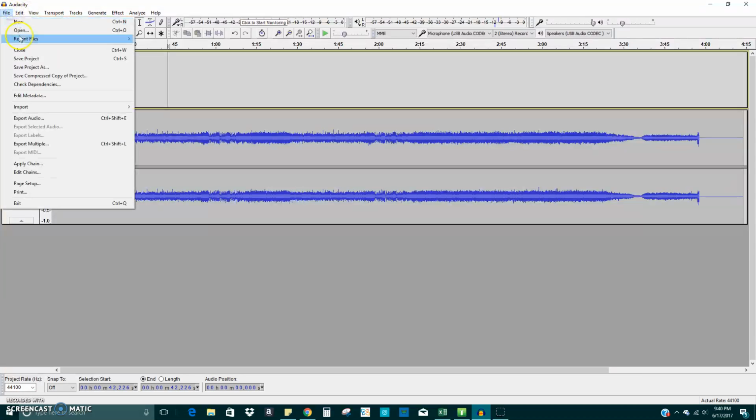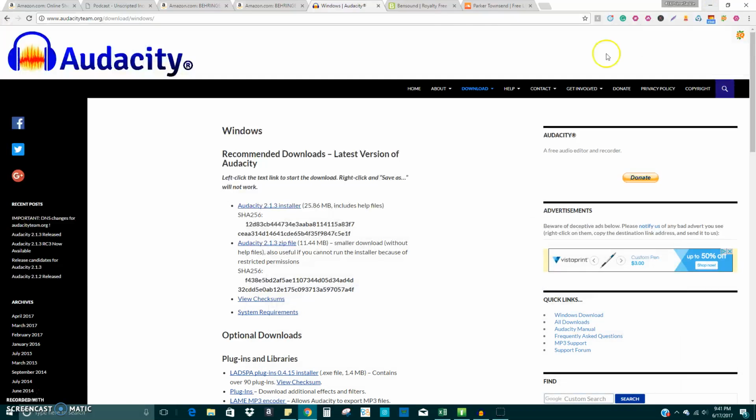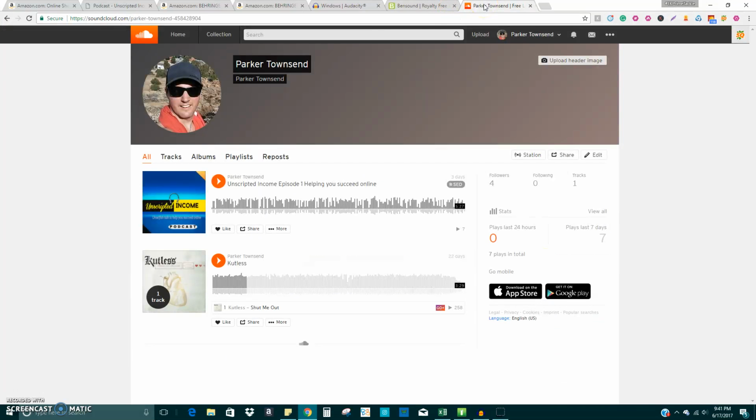And then once you do that, you'll save your project. You'll actually export it using export audio. You'll export that to an MP3 file on your computer. I actually used a separate folder for my podcast. So now that you have that exported, you'll actually go to what I use, which is